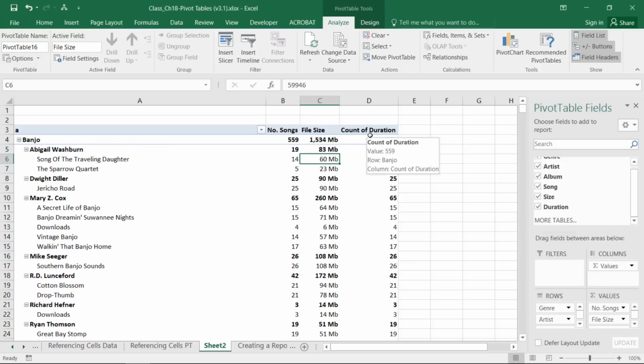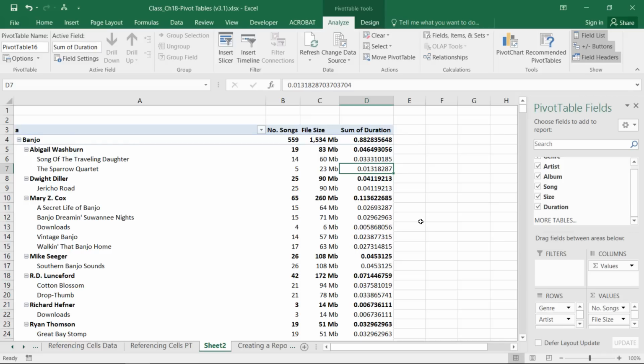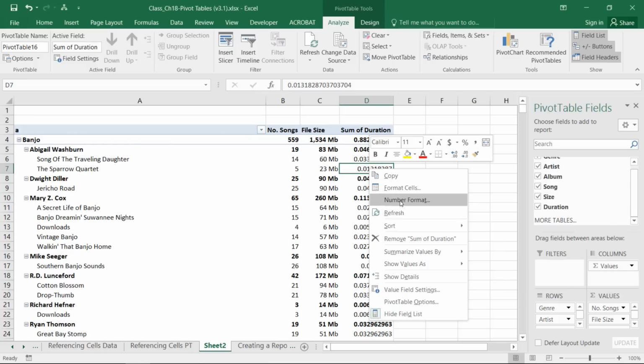Finally, let's look at count of duration. You'll see that these numbers are exactly the same as the number of songs. We don't want count, we want to summarize it. But you say, those are Excel's underlying representation of how many hours, minutes, and seconds in a day. What portion of a day? Let's change that and make it more user-friendly by